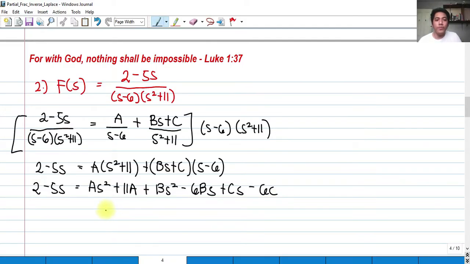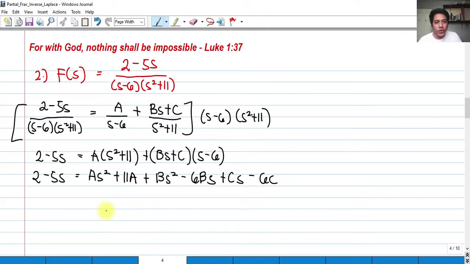So we are going to group. After this simplification, we are going to group terms that have the same degree. So we have 2 minus 5s is equal to as squared. Let me start with the s squared, then we have plus bs squared. So this is for the second degree, s squared. How about for those terms with s? Simply we have plus cs minus 6bs. These two terms have s. And for those that don't have s, that's the constant. So we have plus